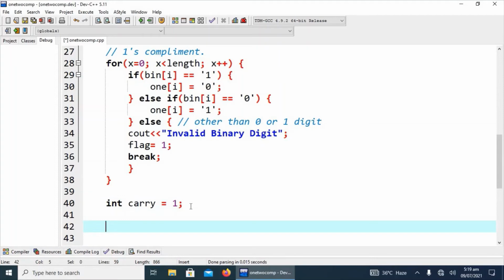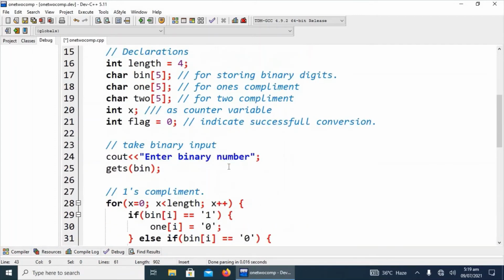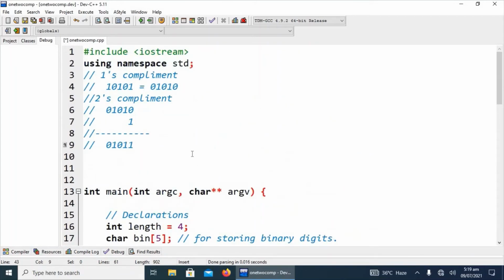Here is also an important point to understand: we will start from the last index of the array. Why? We will discuss it later on. x is greater than or equal to 0, and x minus 1. We have to start from the last index.